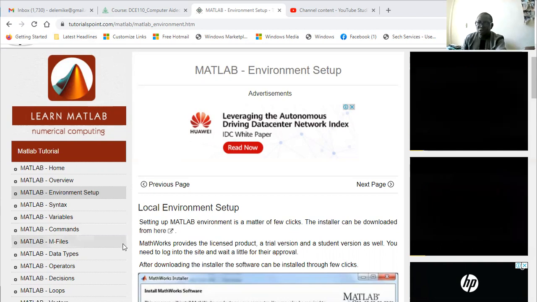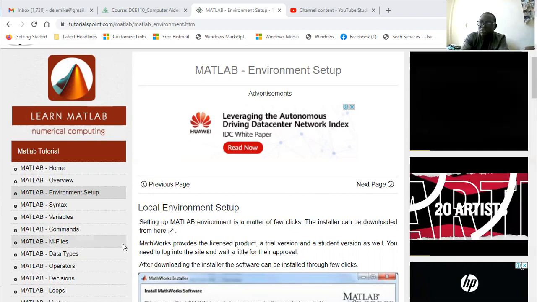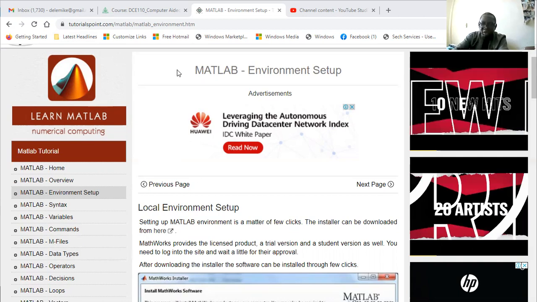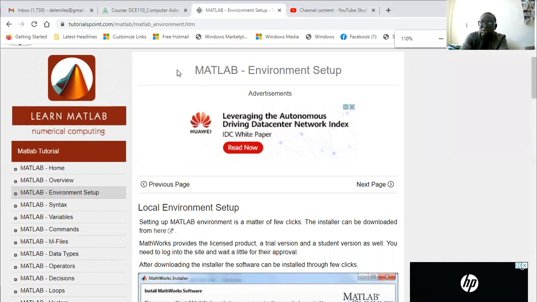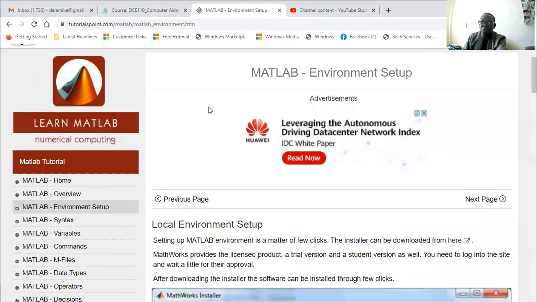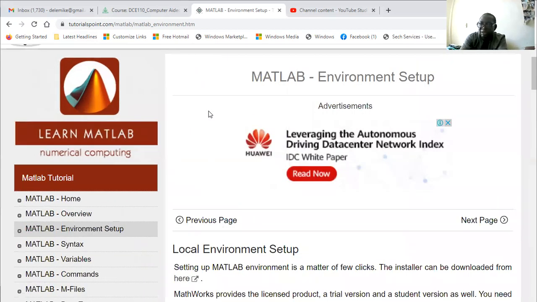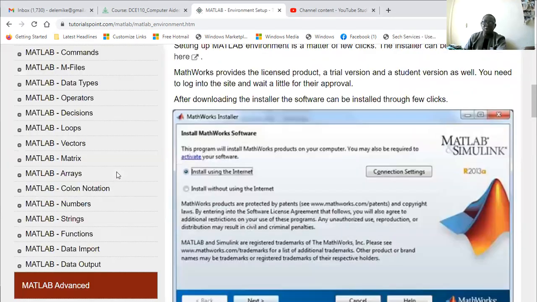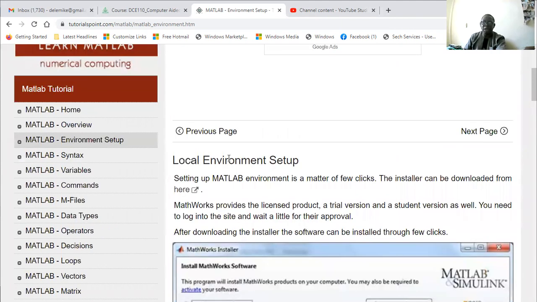So quickly, I'm going to enlarge the screen. If you are seeing this now, I'm going to enlarge it. Okay. So you can see,